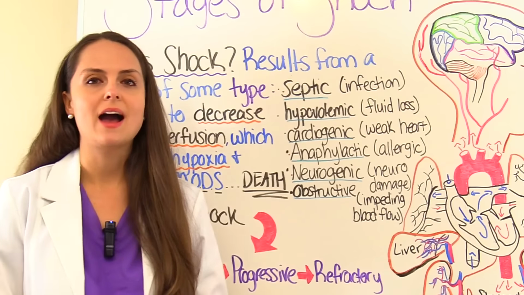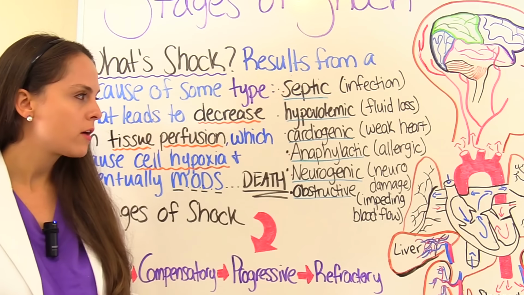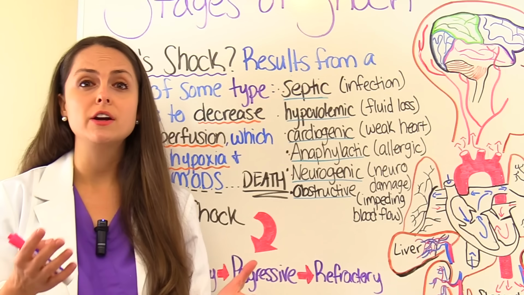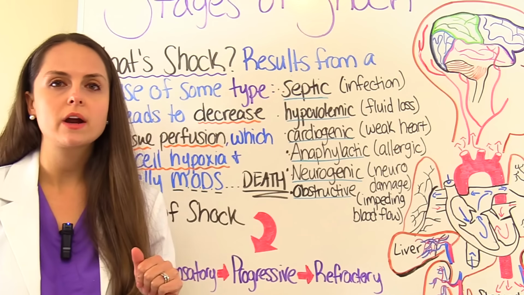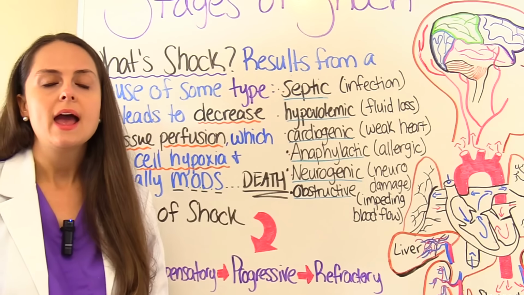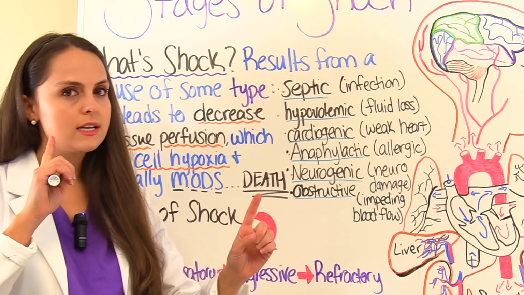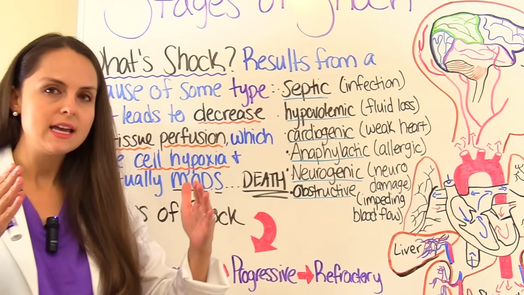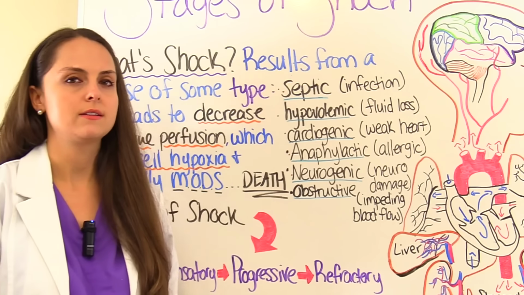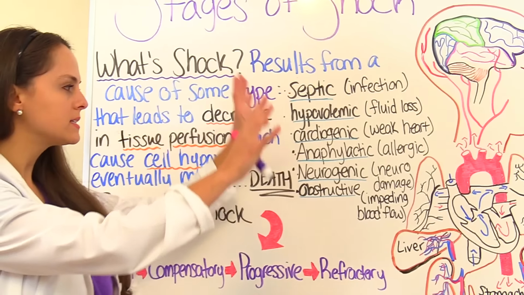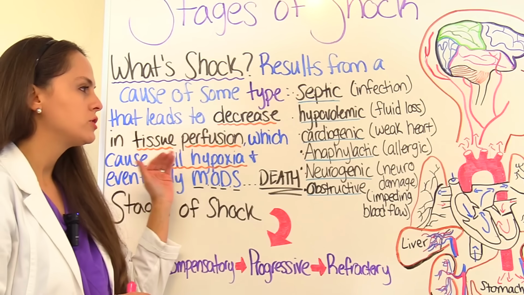And a big cause of cardiogenic shock is like an acute myocardial infarction. There's also anaphylactic, and this is due to some type of allergic reaction. You can have neurogenic, where the neurosystem has become damaged, like a severe spinal injury. Or we can also have obstructive shock, and this is where there's an impediment of blood flow. And something that can cause this is like cardiac tamponade. Now, you may also see distributive, and what distributive is, it's taken septic, anaphylactic, and neurogenic and put them under distributive. So if you see that, that's what that means. But regardless of whatever type of shock it is, it leads to decreased tissue perfusion.